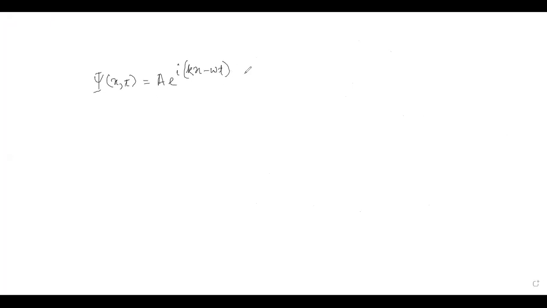This was also written as A e to the power i, and this k was replaced by p by h bar, then omega was replaced by E by h bar. So I can take the h bar outside and place it here. So if I differentiate this psi with respect to t, the partial derivative del psi by del t,